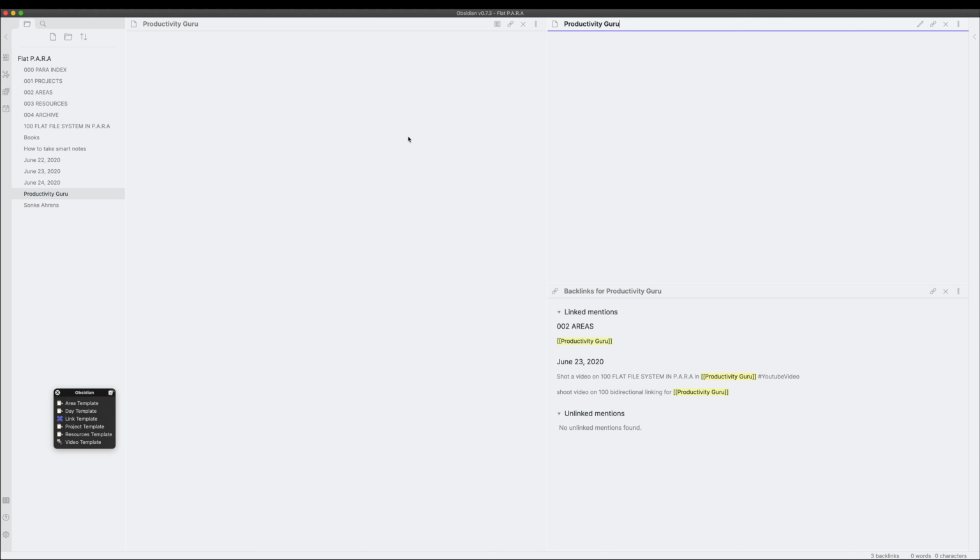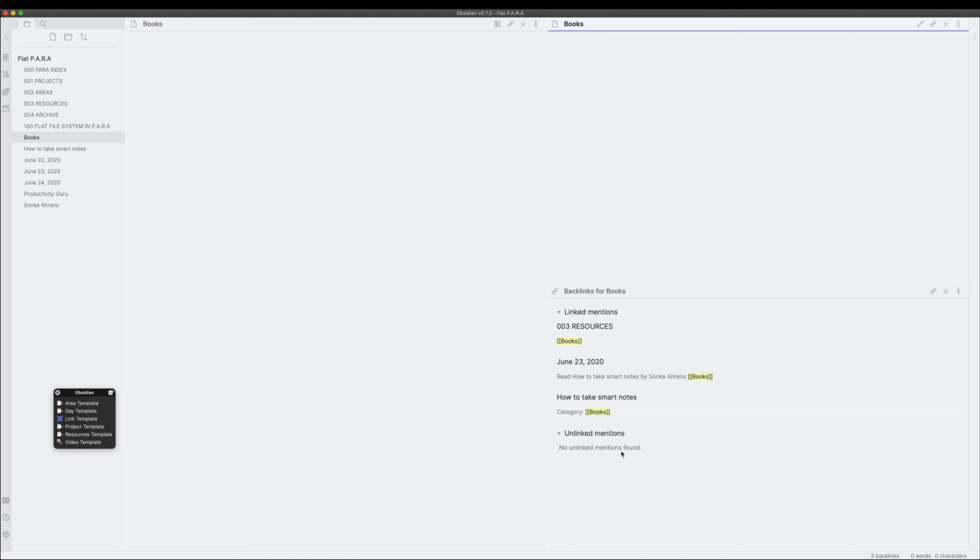So one of the things that I quickly like to go over: why am I not using 200, 300, 400 as I had said earlier in areas, resources and archives? It is because that will take the backlinks away from you. If I was to put 400 Productivity Guru, say I had mentioned Productivity Guru in a place where I had not linked it, it wouldn't be able to come to unlinked mentions. In the case of books, if I have mentioned books anywhere, I'll be able to see linked mentions of it as well as unlinked mentions of it. Unlinked mentions are basically anything that haven't been linked to the books earlier.